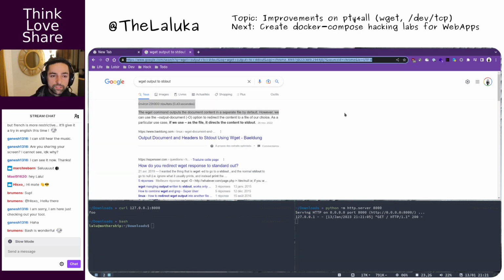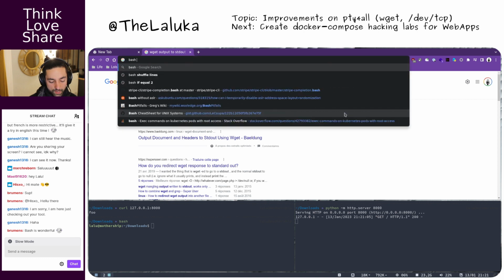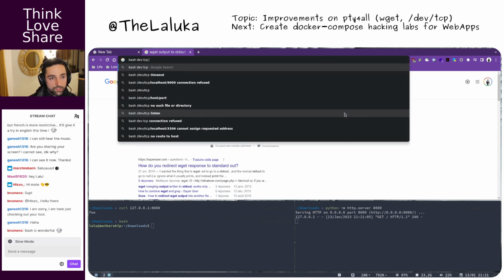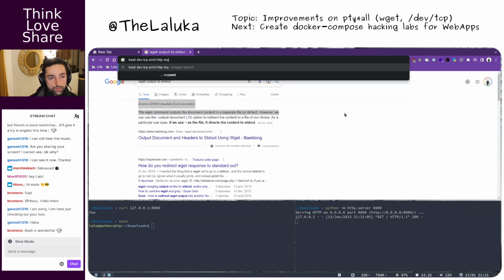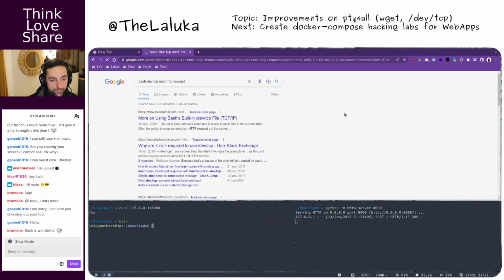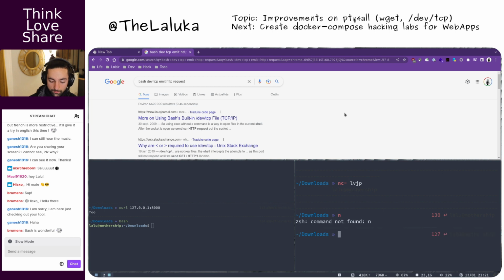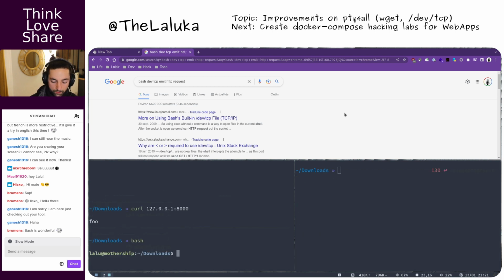So I had to use this trick quite some time ago, but I know it works. So bash /dev/tcp, HTTP request. Let me give some insight about how this works. Tell me if it's big enough to be readable.